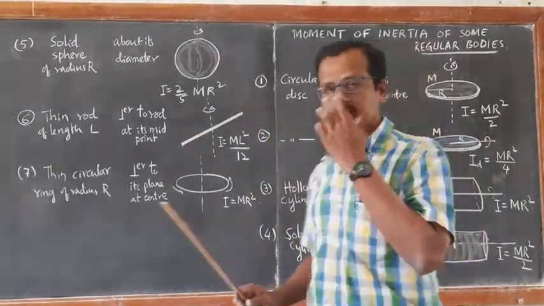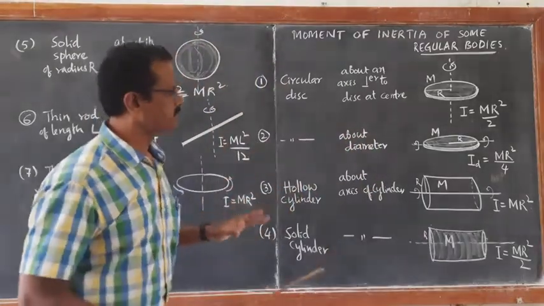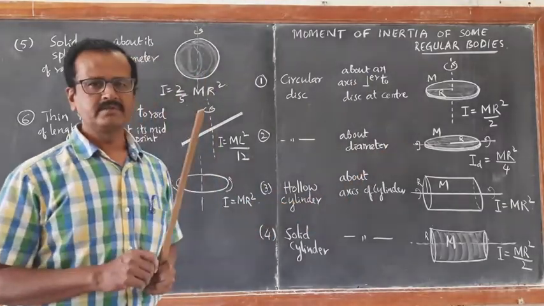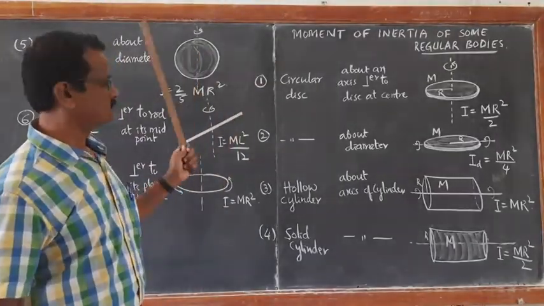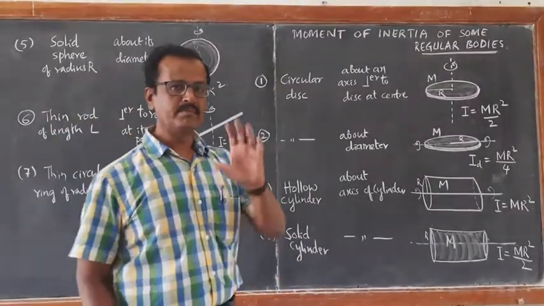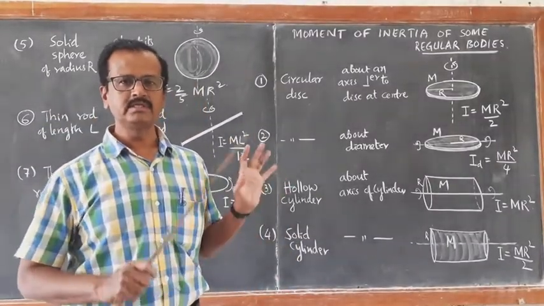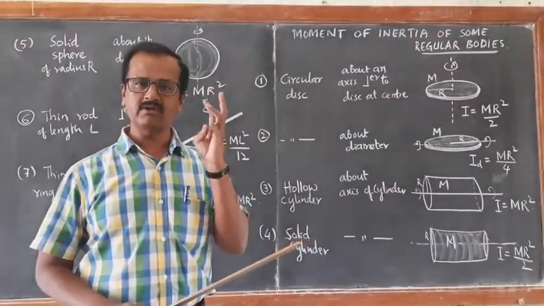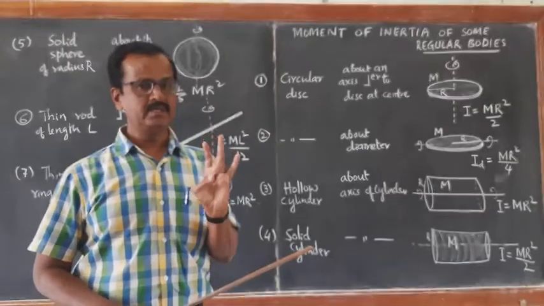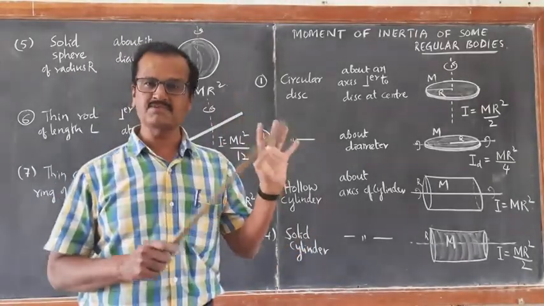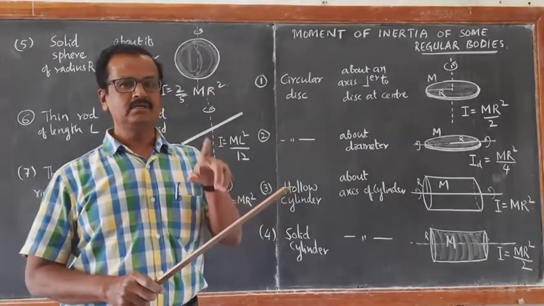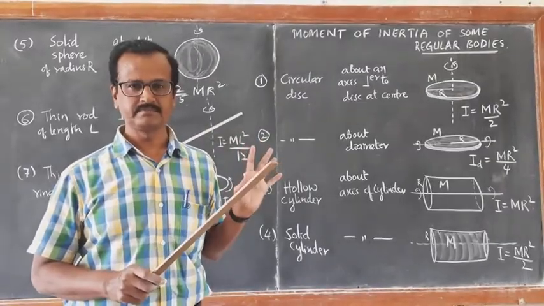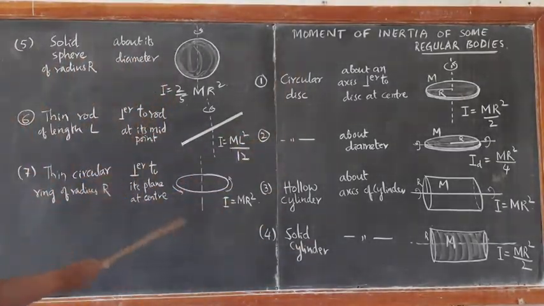So these are all the different values of moment of inertia. Look at this one thing. Here the mass and radius are all the same, given from the solid cylinder, but the moment of inertia changes. So it is quite evident from this discussion that moment of inertia depends on mass, depends on shape, depends on the distribution of mass from the axis of rotation, depends on the position and orientation of the axis of rotation. This is why I have drawn all these diagrams.